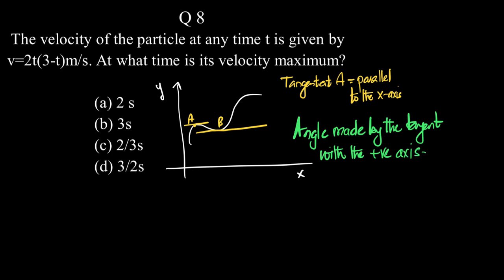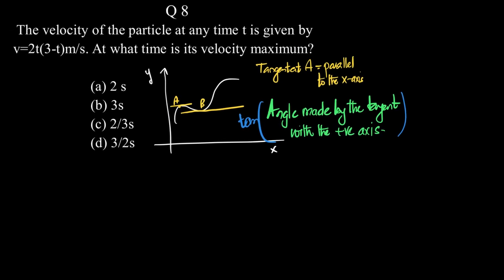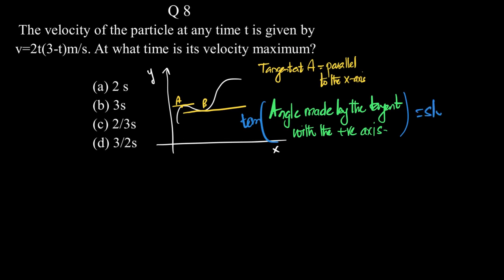Now, tan of the angle made by the tangent at that point with the positive x-axis is what we call as slope. In which case, at B, what is slope? Slope is basically equal to tan of the angle made by the tangent